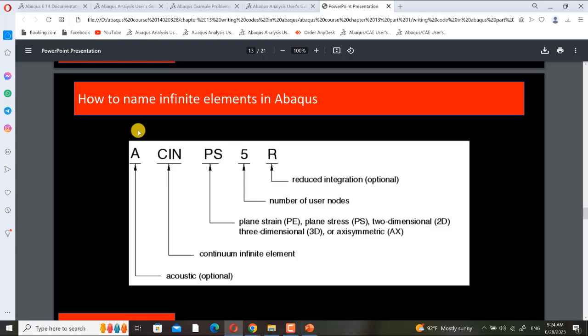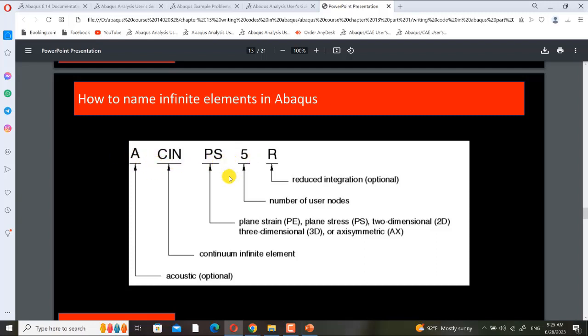Some of them are acoustic infinite elements, and some of them are structural infinite elements. In this session, we will use structural infinite elements, not acoustic ones. If A is at the start of the name, it will be acoustic. If A is not there, then it is structural.